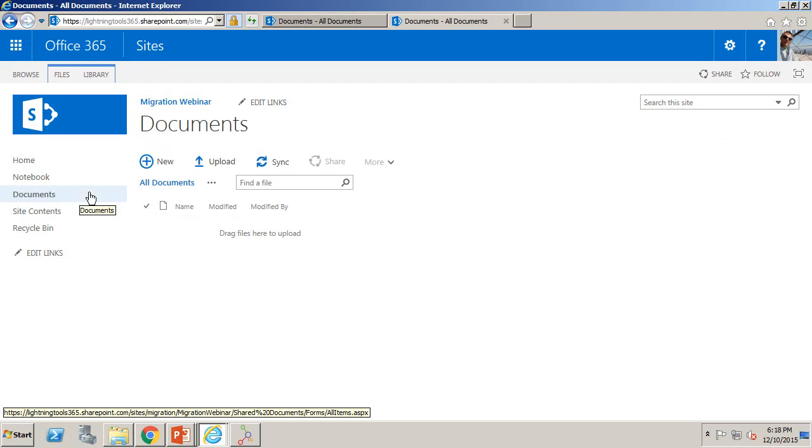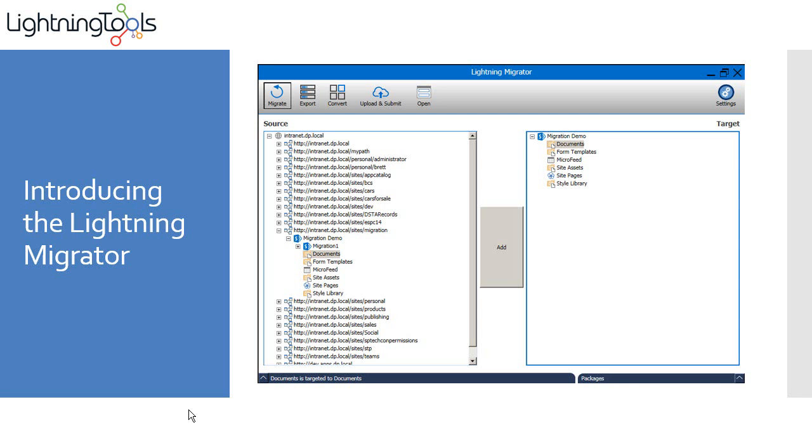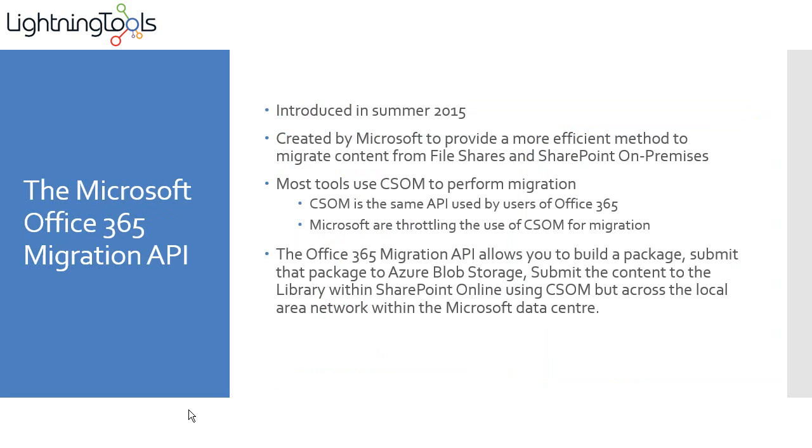Let's just refresh that. So it's not there just yet. It depends when the timer job takes place, but we'll come back in and check that momentarily. So to explain how this works, as I mentioned, you could